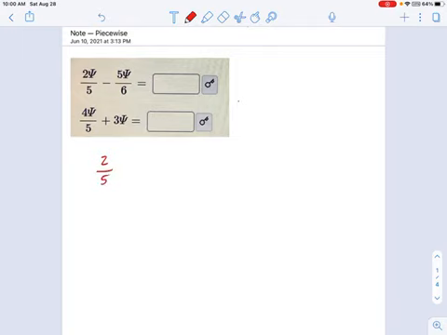Let's say 2 psi over 5 minus 5 psi over 6. If we try to subtract these, the first thing you should be looking at is those denominators. Those are not common denominators, so we're going to have to make them common. And the easiest way to do this is by multiplying each fraction by some number so that the result is a common denominator. For the one on the right, I'm going to choose a fraction. The one on the left, I'm going to choose a fraction.